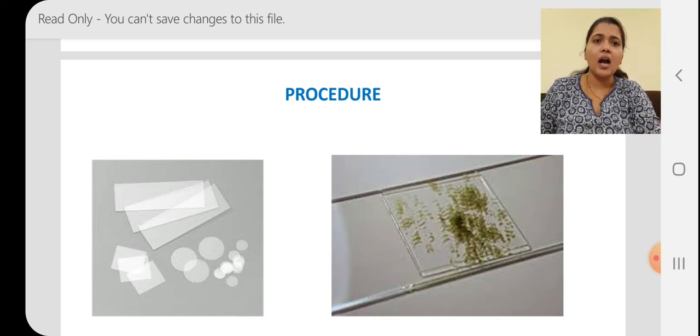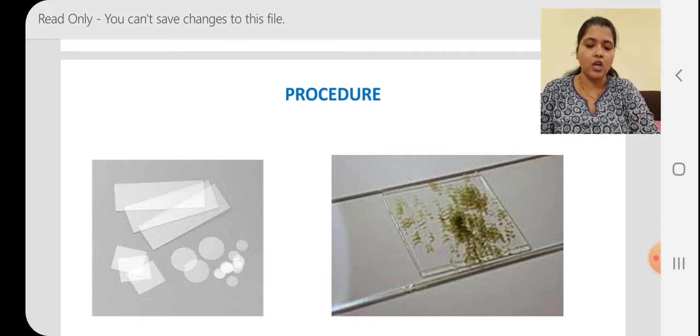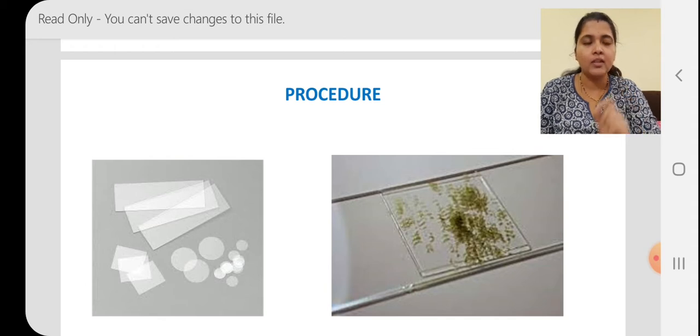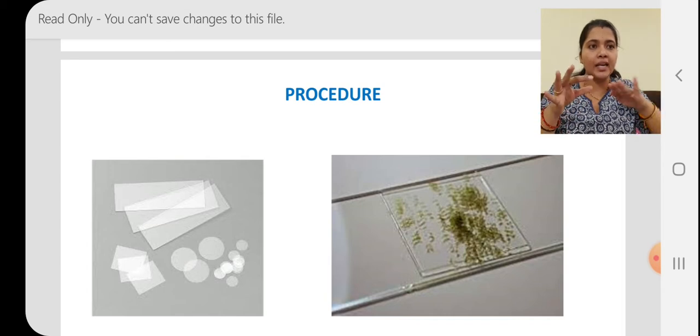Then after that, keep a cover slip on the slide. Before keeping a cover slip, you also keep 1 drop of water on the specimen and then keep the cover slip. That's it. Again, I am going to repeat. Take a slide. With the help of a needle, put a spoiled coconut on the slide. Keep 1 drop of water on that. Keep a cover slip. Why are we using a cover slip? In order to avoid air bubbles. And the extra amount of water which is coming out of the slide, you clean it with a filter paper, so that while observing it under the microscope, it will be convenient for you.